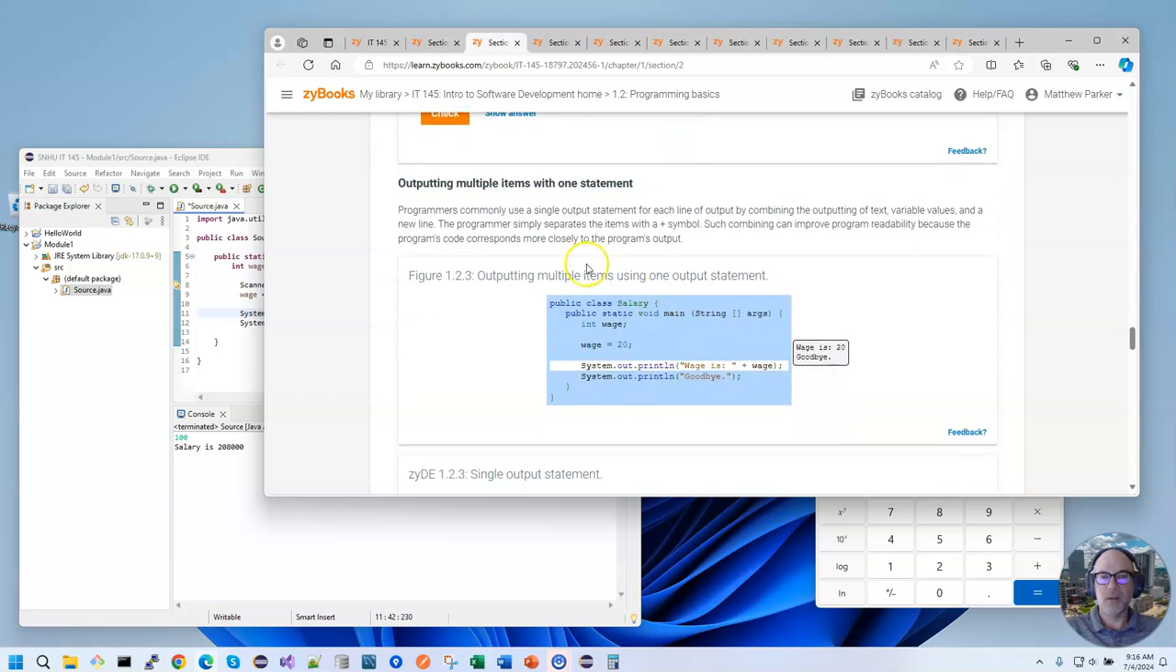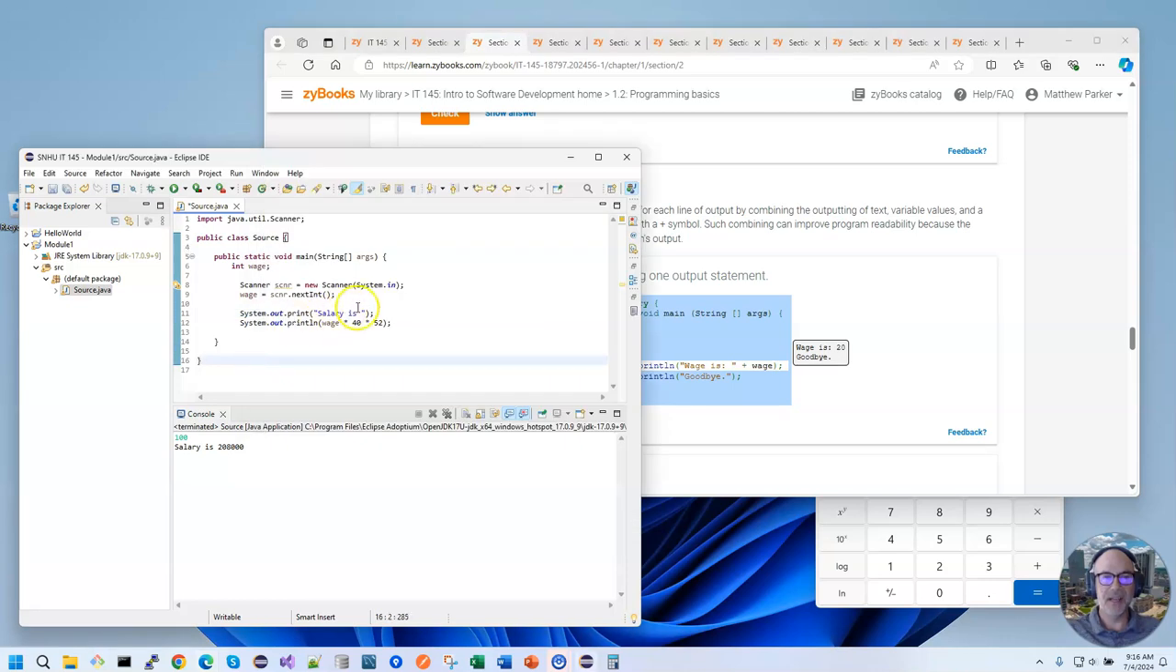Oh, by the way, we can output multiple pieces with one statement. So instead of having salary is and then having a separate print statement here, we could have just done this. Let's go ahead and just delete this up to here. I'm going to use println. And so if I want to display text and something else at the same time, we can use the plus operator. This is going to concatenate these two pieces of information together. And so if we run this,